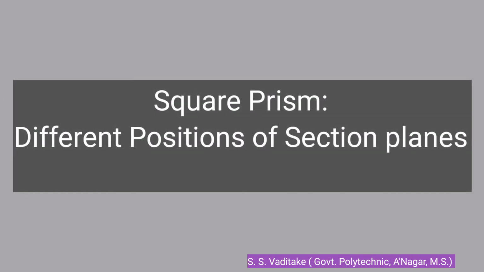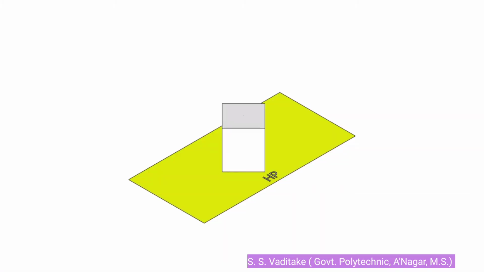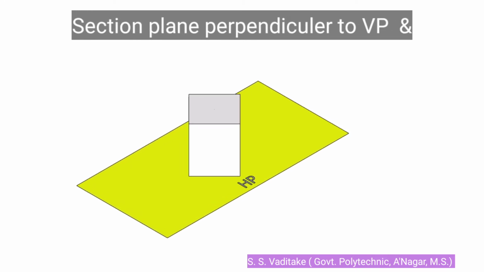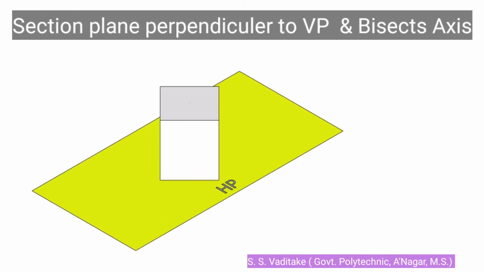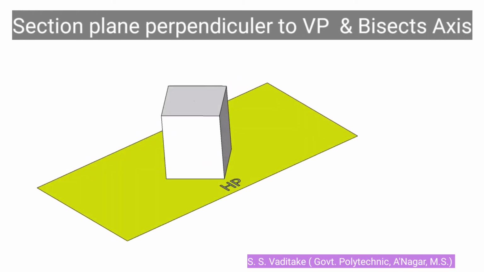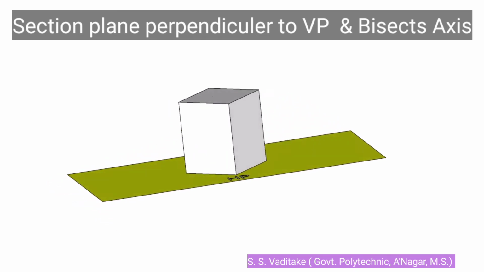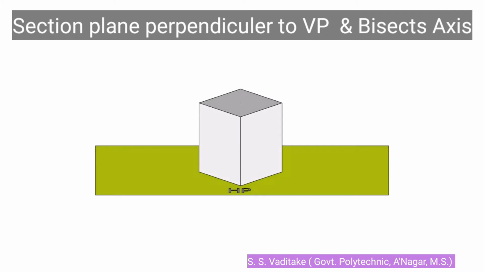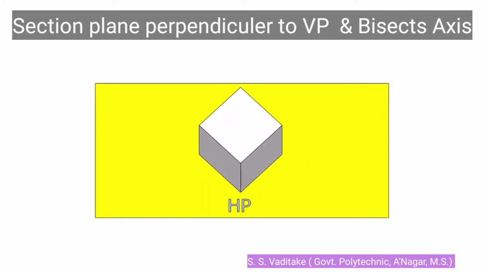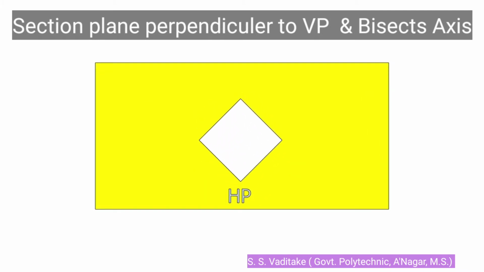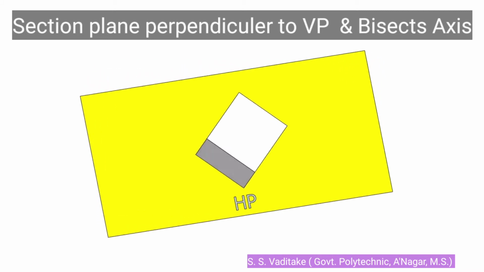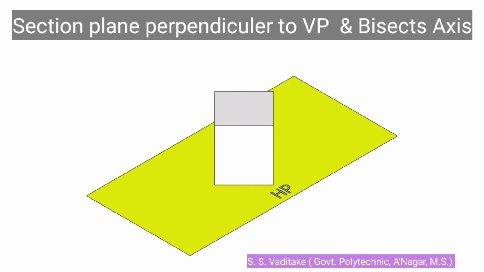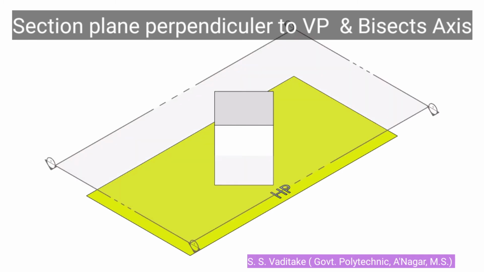Now consider the case of a square prism and the different positions of a section plane. Now the section plane in this case is perpendicular to VP and bisects the axis. So we have to draw the top view first of the given solid, then its front view. Such solids will appear through different directions. Now locate